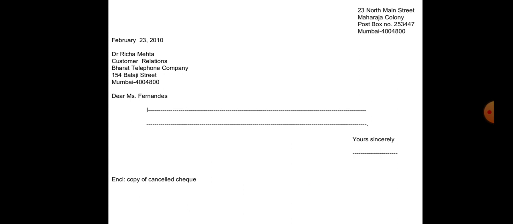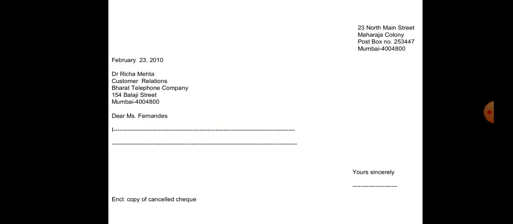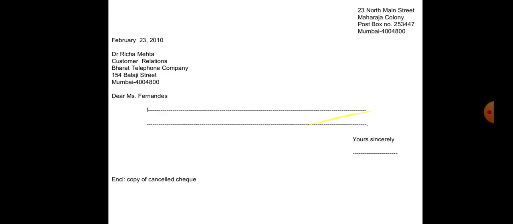Just go through this and try to understand. I hope you have understood what I meant to say about this format. And if you have any query or doubt, I think everything is the same except the paragraphs. If you want to see that, I will show you. Look at the paragraphs here in the modified format, and now look at the spaced paragraphs in this semi block format. There you can easily understand the main difference between these two types of formats. I hope you guys have understood.